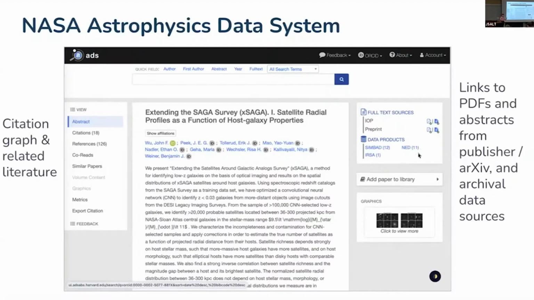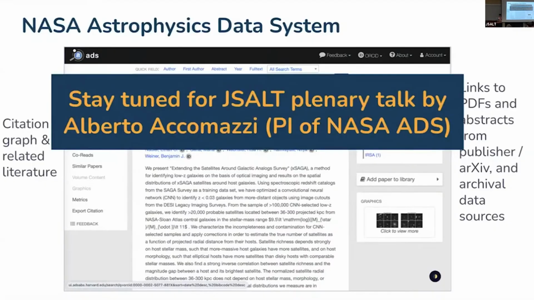If you click on that, you can see, oh, here's the other 7,000 papers or whatever that talked about the Whirlpool galaxy. Anyway, it's just very handy. I'll also mention that the PI, the lead of NASA ADS, is going to give a plenary lecture on this and some other things. So Alberto Accomazzi is, I think, coming in mid-July. He can tell you all the wonderful things and how they built ADS, and its decades of serving the astronomical community.